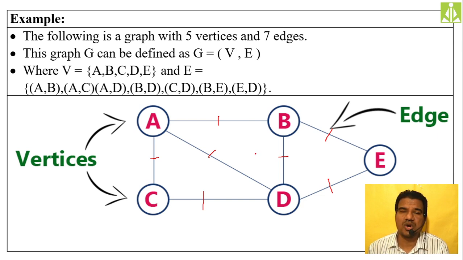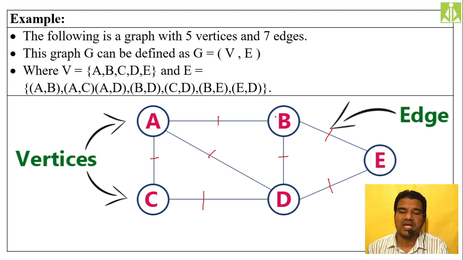Then we said there should not be any loops. Loops in the sense, if you are starting from B, by following a certain path inside your data structure, you should not reach it back. So if all your vertices, all your nodes, are satisfying this property, we call that particular data structure a tree data structure. But over here it is not satisfying that property.